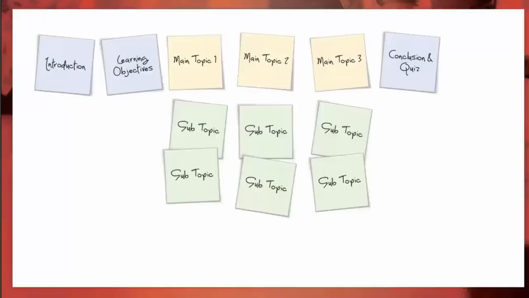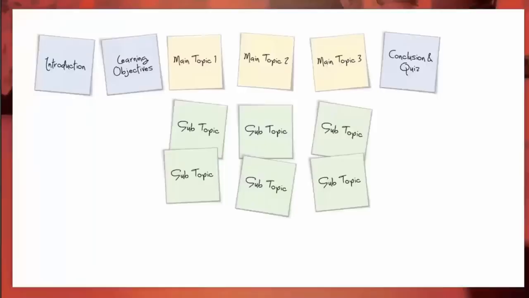And then from there, what I do is I start including sticky notes to indicate certain slides that I know I'm going to include in my course, right? So I have my main topics. I know I'm going to need a slide, if you will, on my learning objectives. I might need a slide or more slides on an introduction. I might include a conclusion and a quiz at the end. These are things that you know you're going to need in your course. So I start putting those, and I start putting them in relation to where they're going to live with the rest of my content.